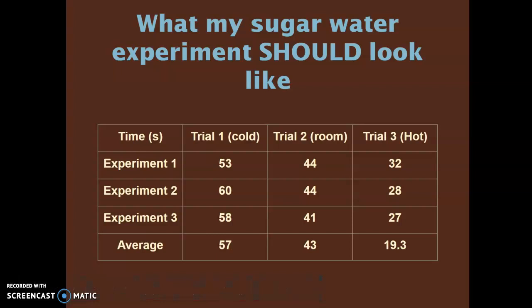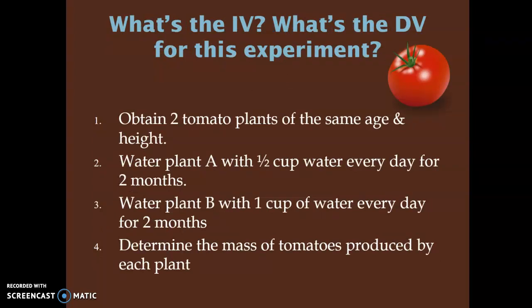Some of the trials may have been a little bit more, some of them may have been a little bit less, but the middle point of those trials was 57 seconds. All right, at this point, I'm going to stop this video, and you guys are going to practice some experimental design on another